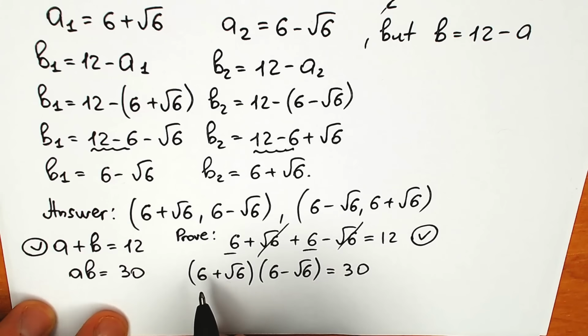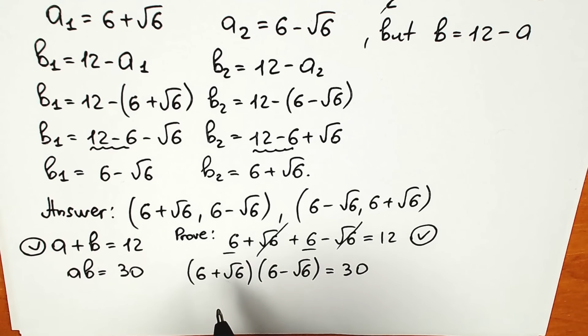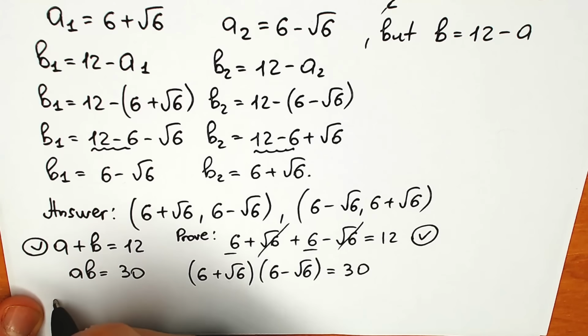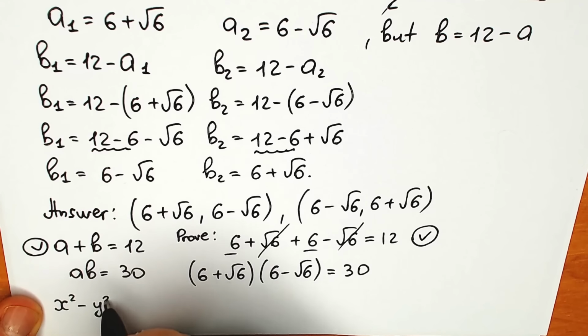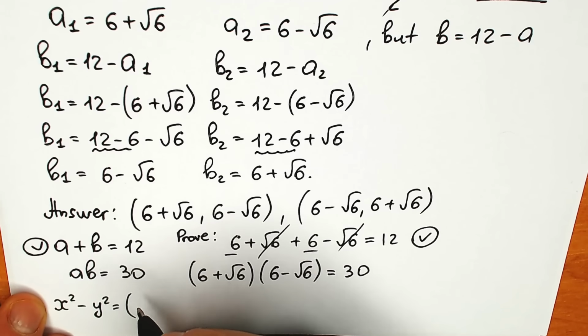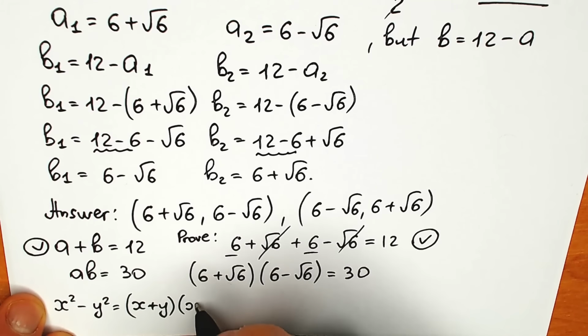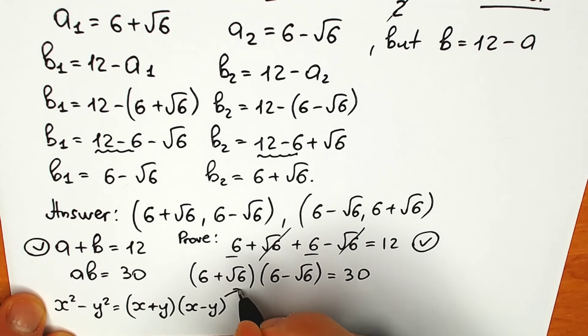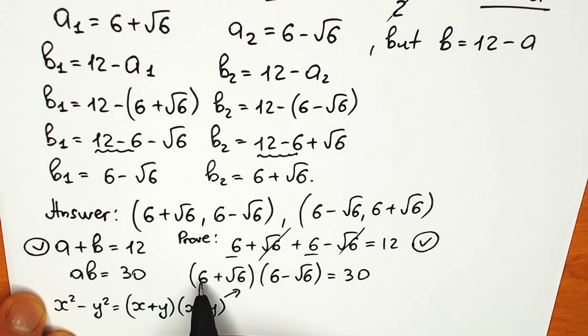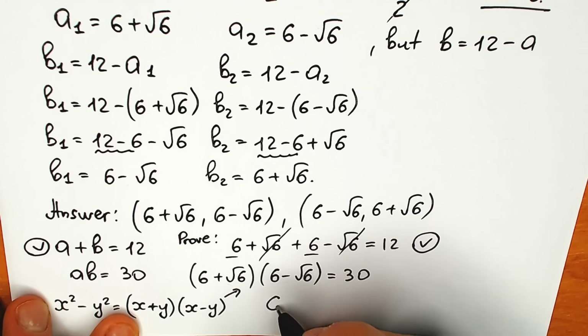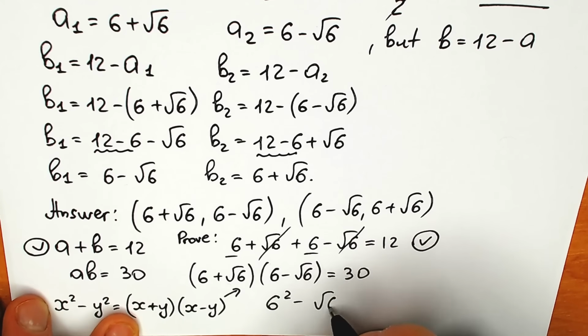Right here we have really tricky moment, because a lot of students might be multiplying parentheses by parentheses. My quick recommendation is to remember a really great school formula: x squared minus y squared. These have a difference of squares, but how does that formula looks like? X plus y times x minus y, and we have exactly that case right here. So for example, this is our x and this is our y, so we have x plus y, x minus y, yeah? And this is difference of squares, so we can write this as 6 squared minus square root of 6